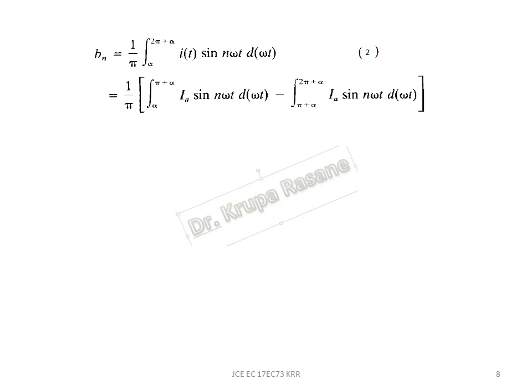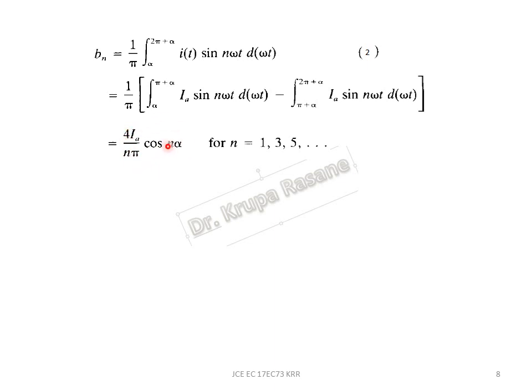Now, how do I evaluate the value of Bn? We have seen earlier that Bn has a formula: Bn is equal to 1 upon pi, integral from alpha to 2 pi plus alpha of I of t sine n omega t d omega t. If I use this formula, split it again between alpha to pi plus alpha and pi plus alpha to 2 pi plus alpha, use the same thing inside, integrate this term, I should be able to get 4 Ia